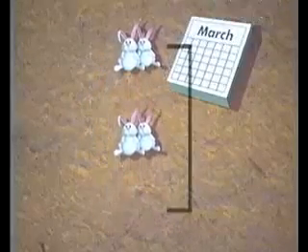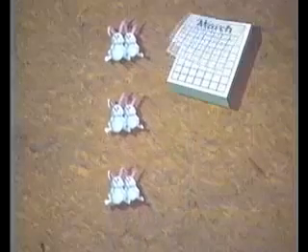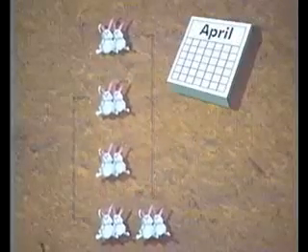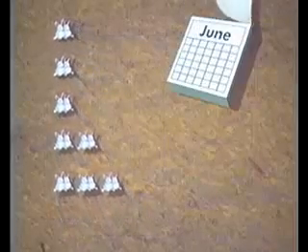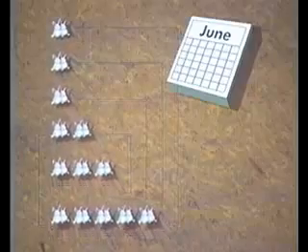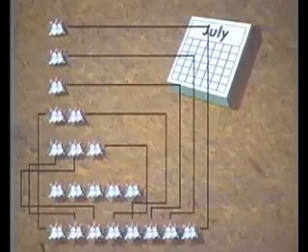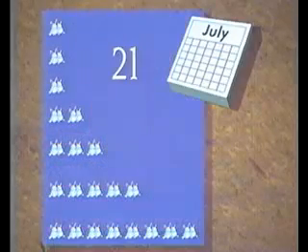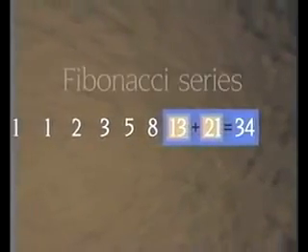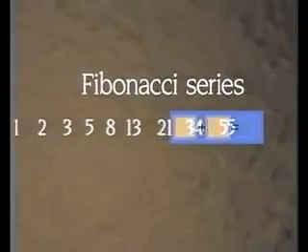He assumed that starting in January and continuing every month thereafter, each pair of rabbits would bear a new pair once they were a month old. As he worked towards a solution, he noticed a pattern emerging. The number of rabbit couples increased in a certain sequence each month: 1, 2, 3, 5, 8, 13, 21, and so on. Each number in this series equals the sum of the two previous numbers. 3 plus 5 equals 8, 5 plus 8 equals 13, and so on. These numbers, growing to infinity, are known as the Fibonacci series.